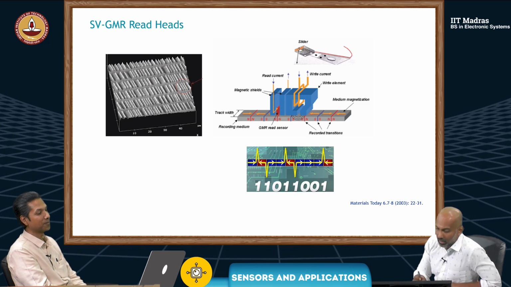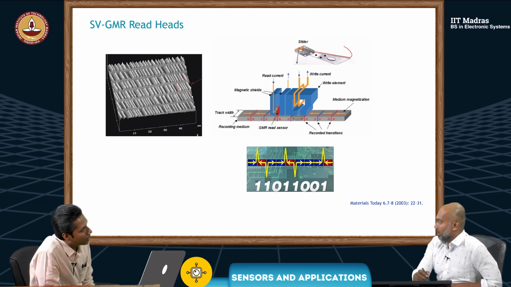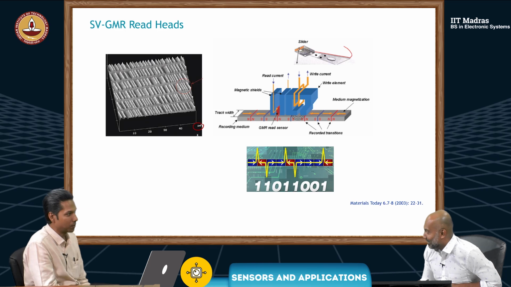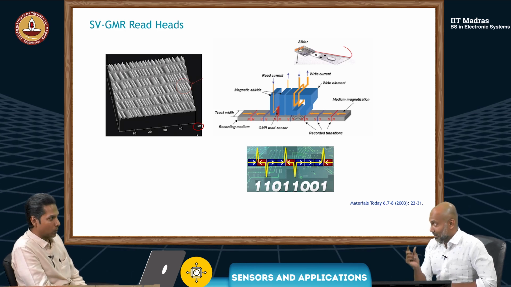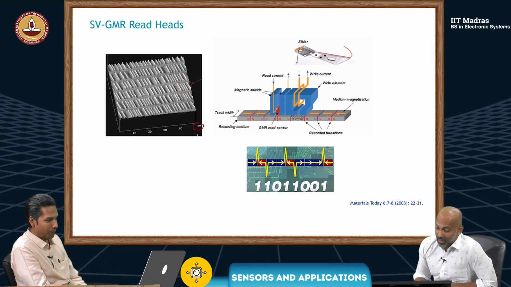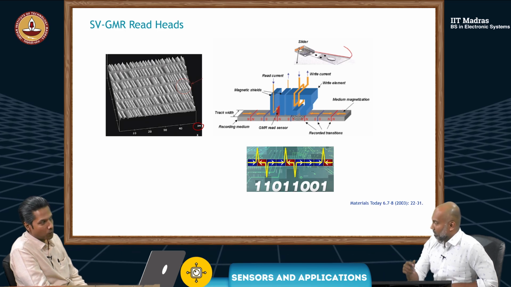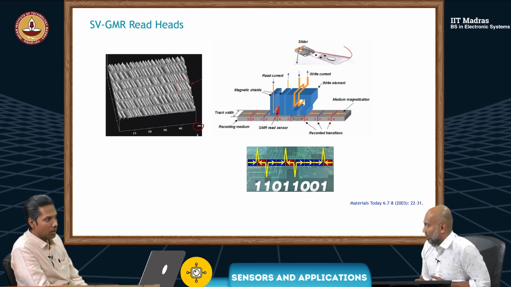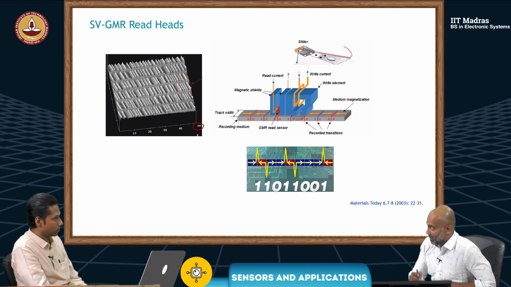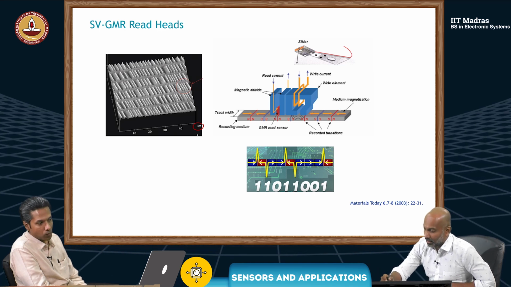See, this is a recording medium. You see, micrometers, so it's tiny. Which is perfect because our GMR sensor is also very small, so it's very high resolution. Now, the interesting thing is north-south, right? So any domain will have its own magnetic field, correct? In fact, what the GMR reads is the transition points between two bits,